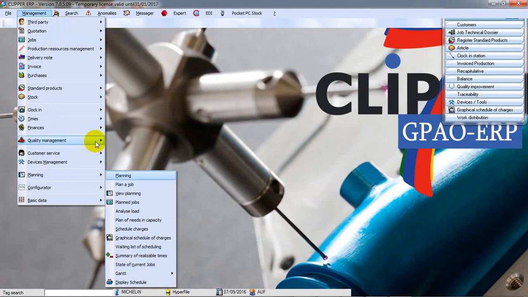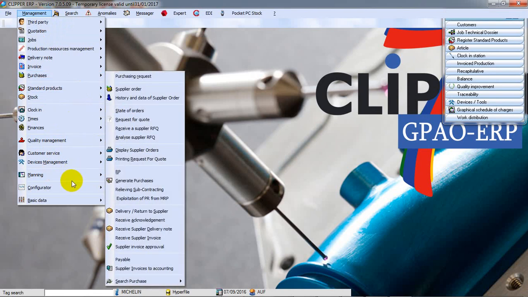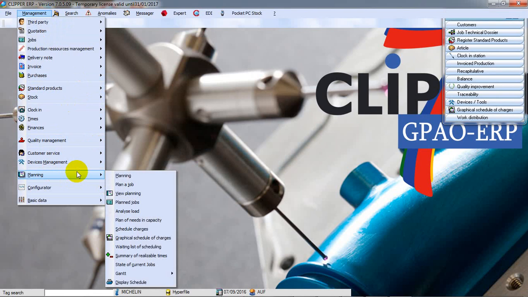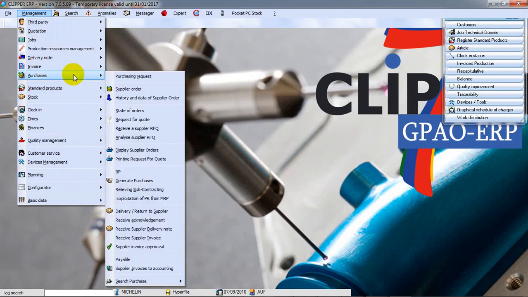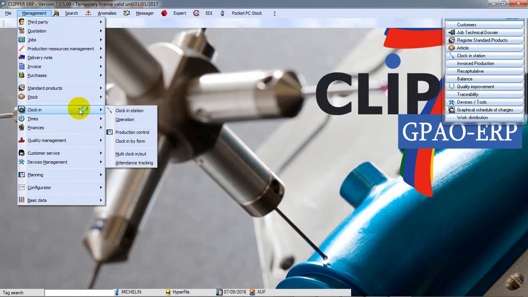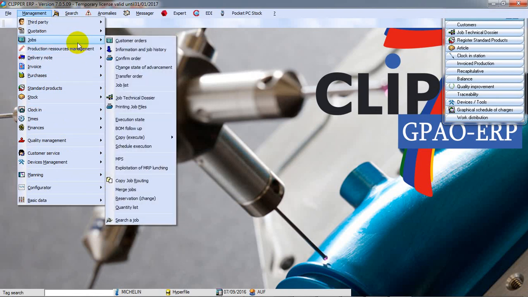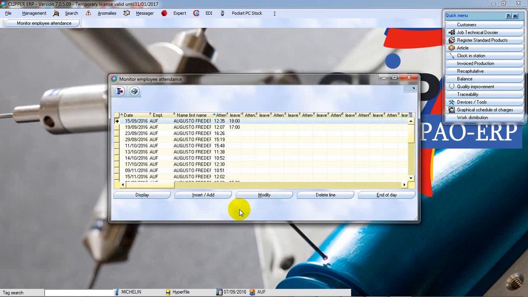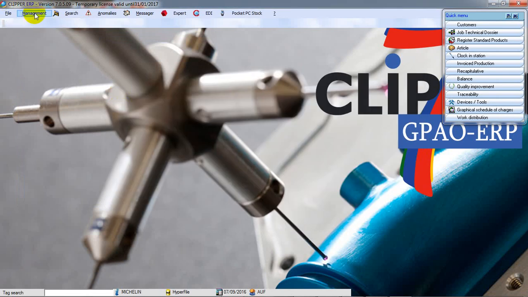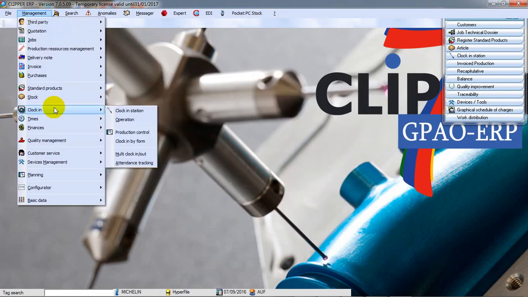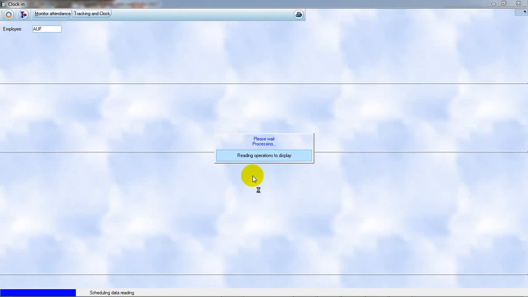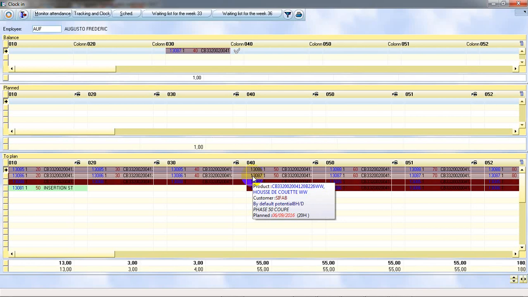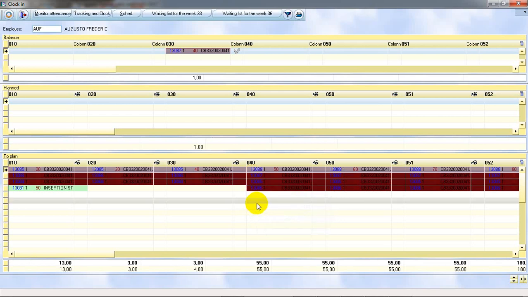So we have this possibility for distributions, and before arriving to this step, we also have a very performant, very interesting possibility, which is called attendance tracking. This is for monitors. Production control, which is coming from planning calculations,